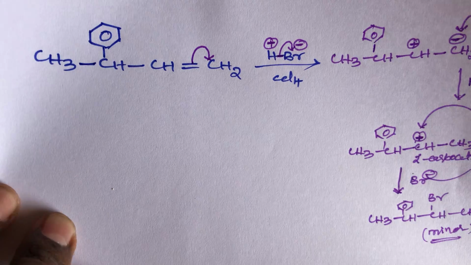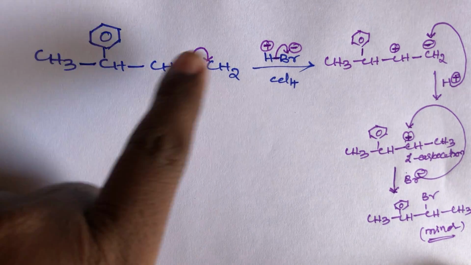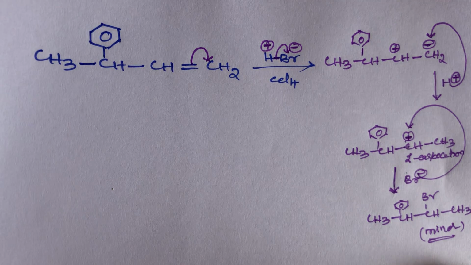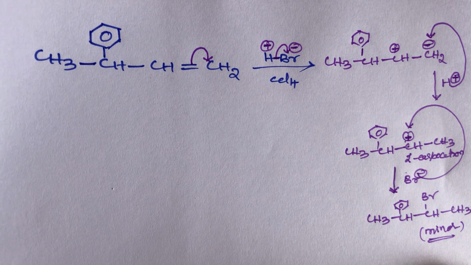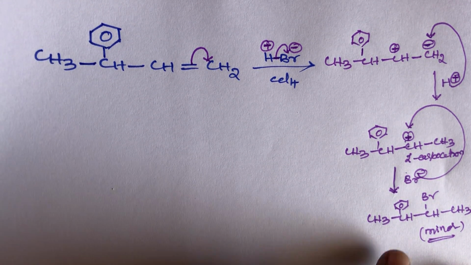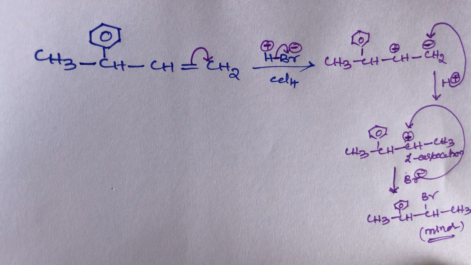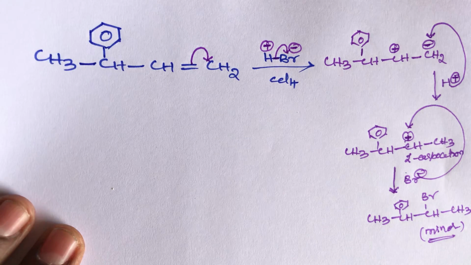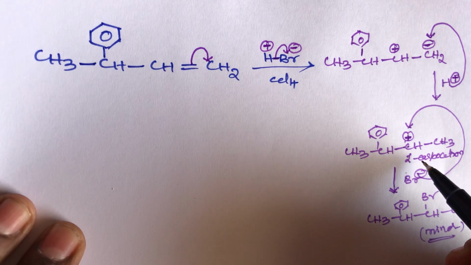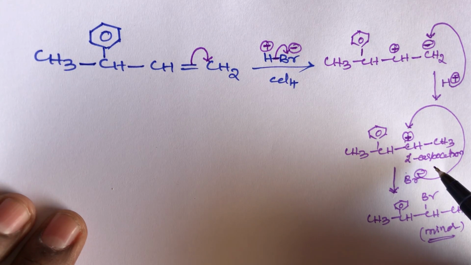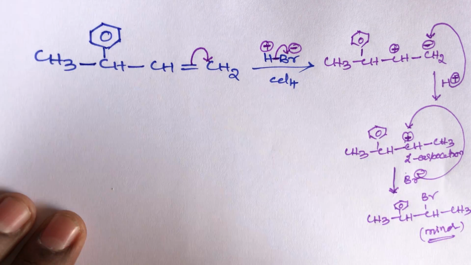So, students, in an electrophilic addition reaction, the first step is bond breaking, then the second step is the electrophile, which always attacks the negative charge species side, and the third step is Br minus, which always attacks the positive species side. These three steps are possible. Here the intermediate is called the carbocation, and a stable carbocation is formed.